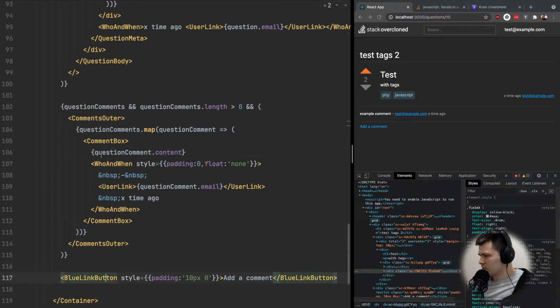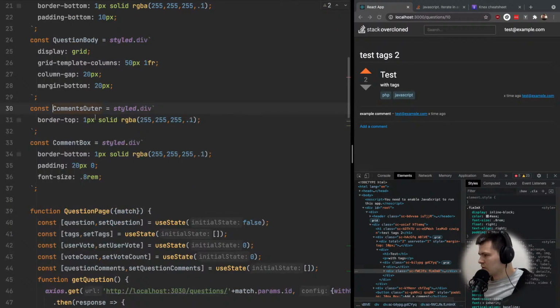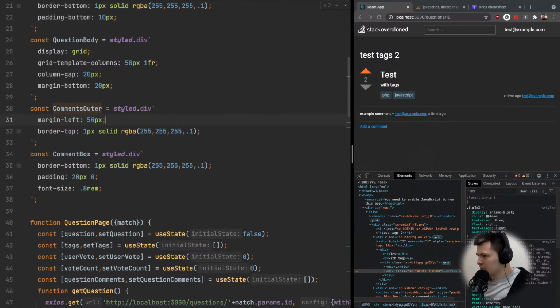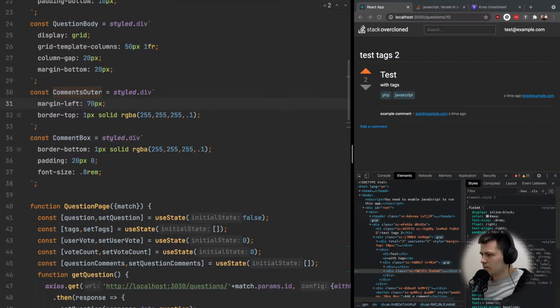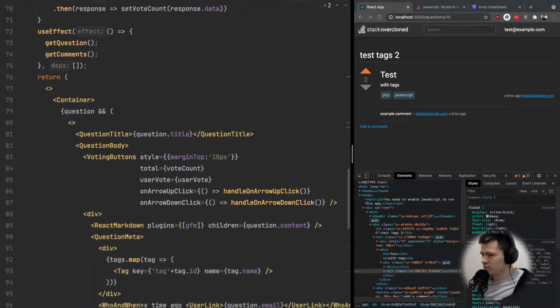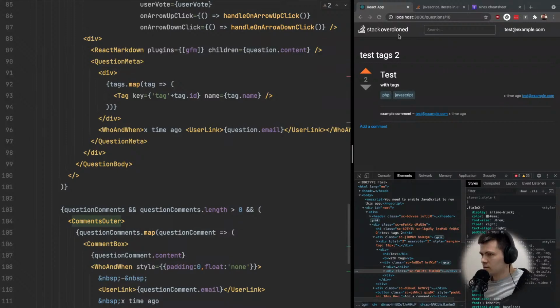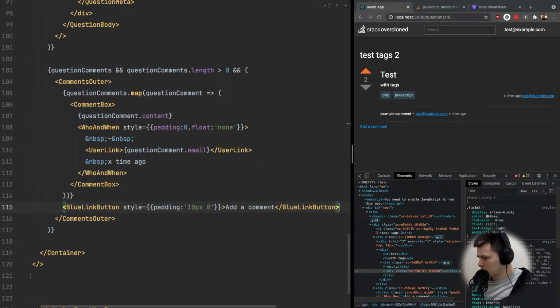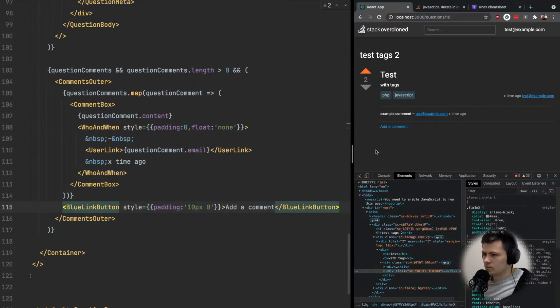So on the comments outer, there will be some margin left 50 pixels, same as on the voting stuff. Almost, because we have also gap here, so it will be 70. Yes. I will put add comment here inside this. Alright, so blue button link goes into here. Yes,